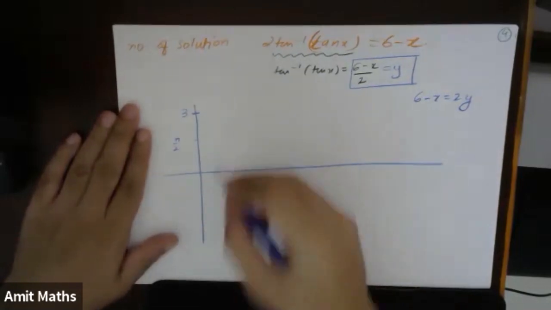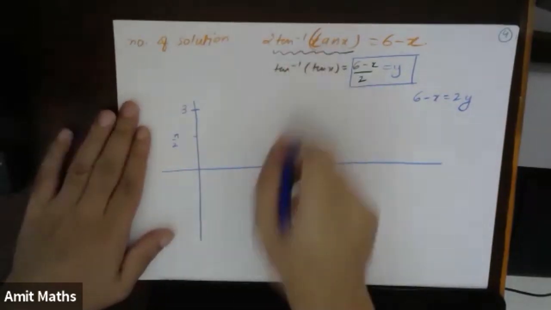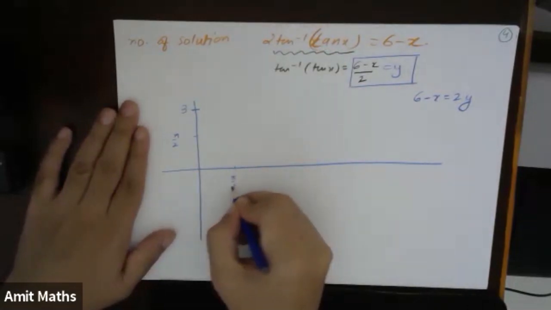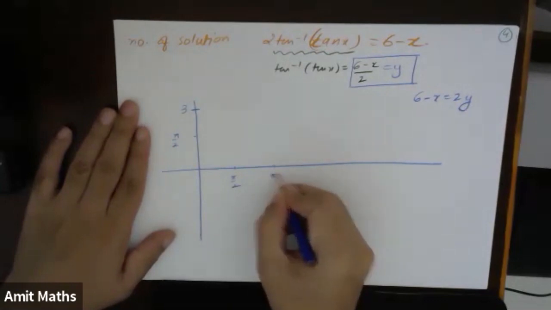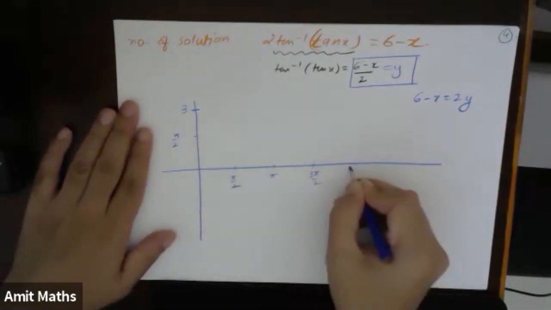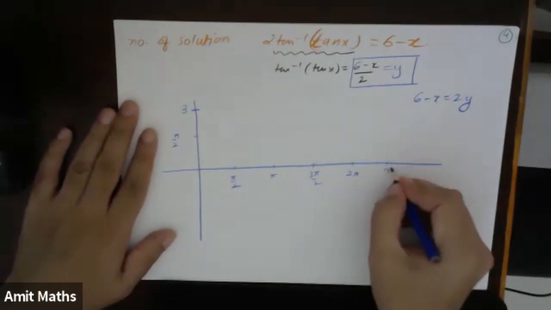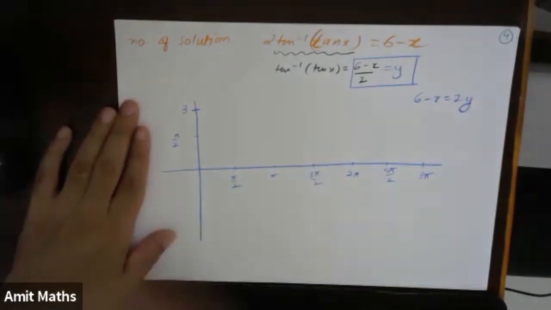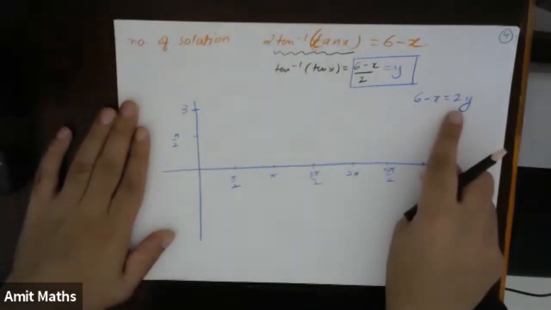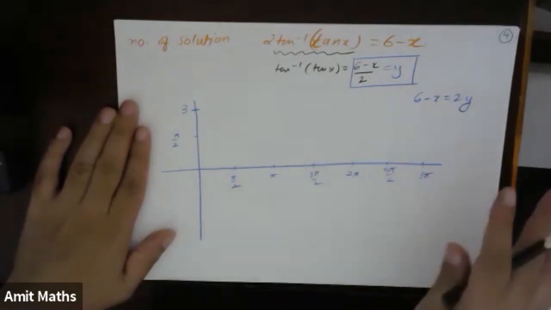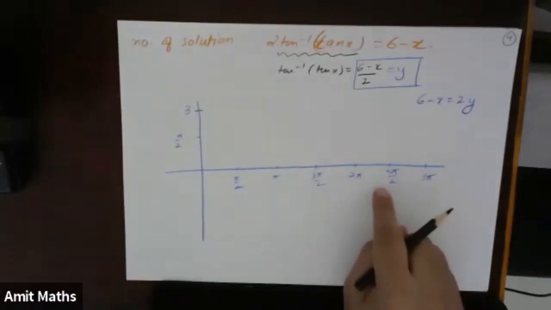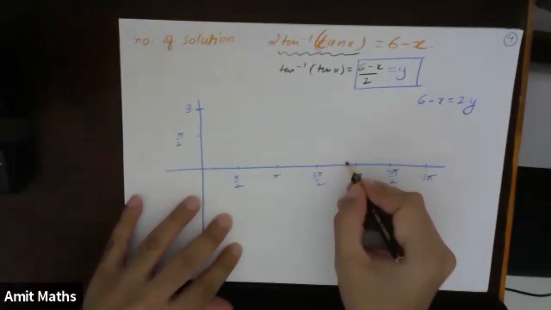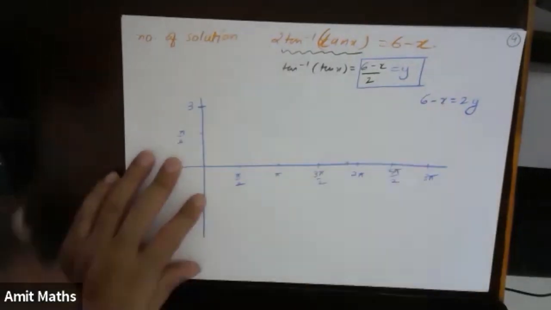Right? So for the tan inverse of tan x graph, here we have pi by 2, then pi, then 3 pi by 2, then 2 pi, then 5 pi by 2, then 3 pi, and so on. First is x equal to 6, an approximate value of 6, so 2 into 3, which will be somewhere here. So I will draw this curve, I will draw this one first.